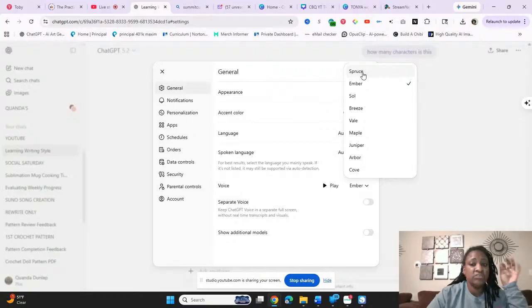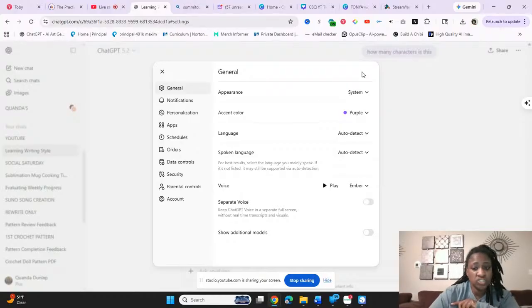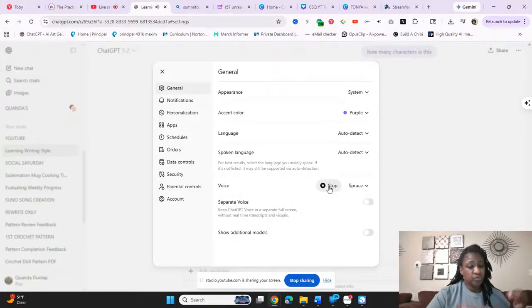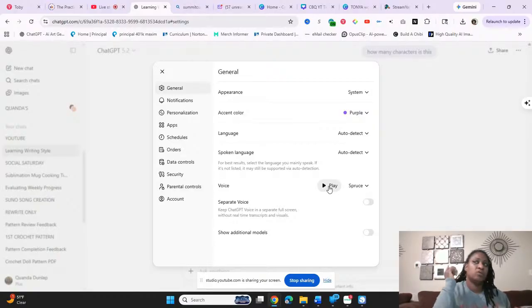So in order to hear the different voices, you've got Spruce, Ember, Sol, Breeze, Vale, Maple, Juniper, Arbor, and Cove. You would click on each of the names and click play. That way you can decide what voice you want your ChatGPT to have. Like I call mine Tyrone. If I wanted it to be a girl, then I would pick a girl voice.